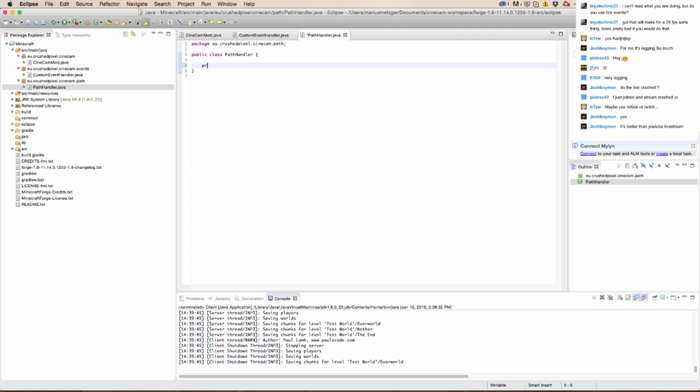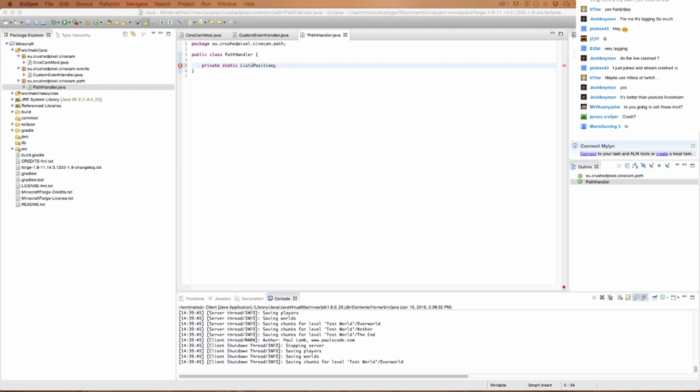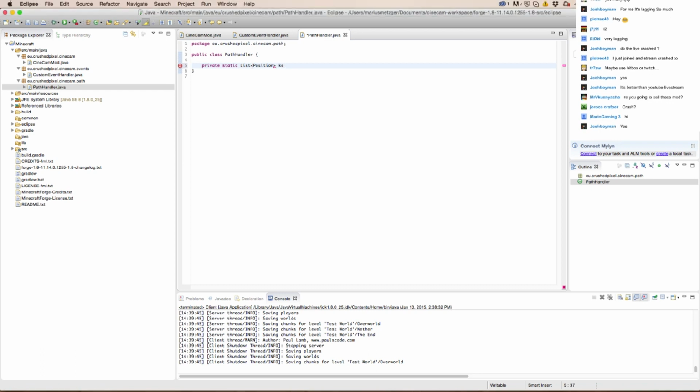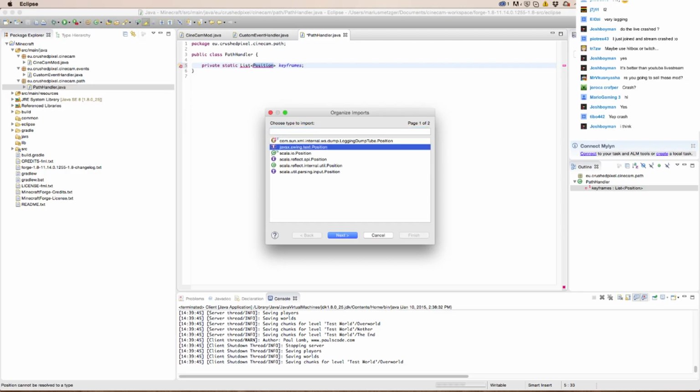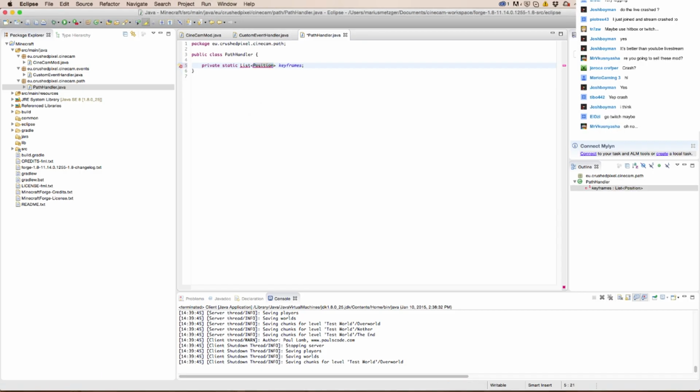Let's just have private static list position keyframes, import this one. We don't want to import that because I have to